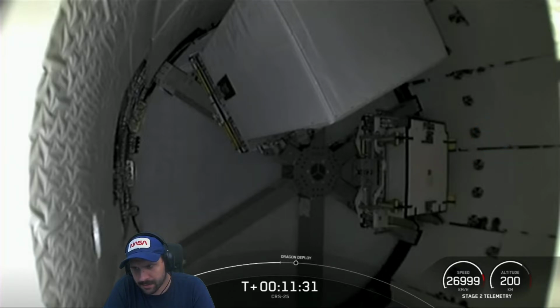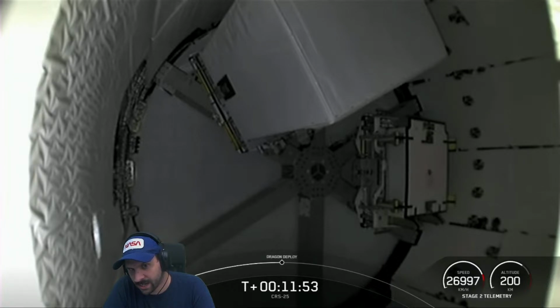This particular Dragon is marking its second flight, and it's also the third reuse of our upgraded cargo vehicle. This view is looking into the trunk of the Dragon capsule. That's our unpressurized portion of the vehicle. That's some of the payload that we're taking. We're looking up the tail end of Dragon here.